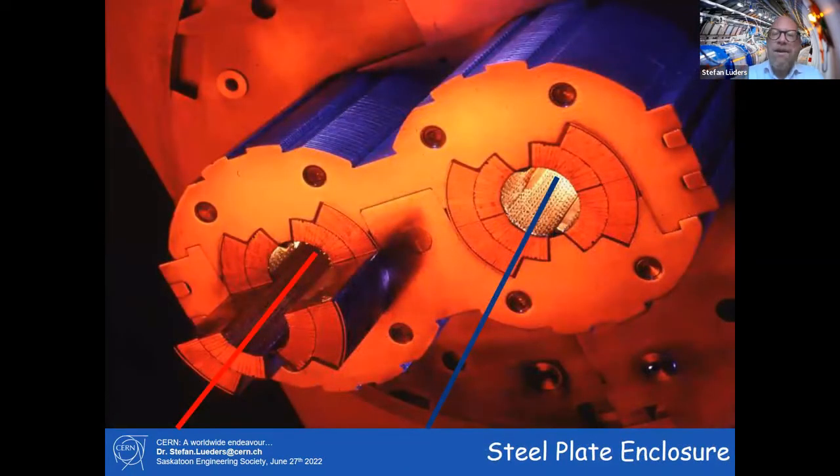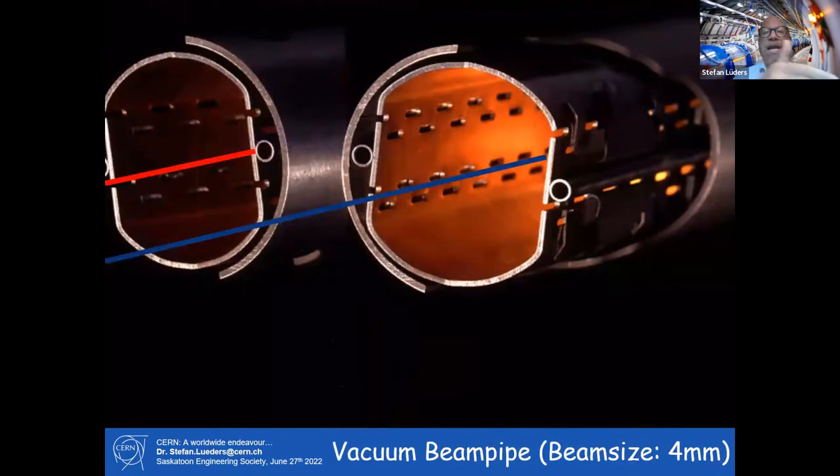You can see here again the magnet which I showed before. I illustrated the blue and the red beam inside, and you can see an opening cutting through all the layers of the superconducting cable. It has 2 layers, and where the layers are not hitting is the North Pole, and below is the South Pole. Everything is put into steel plates because magnets create quite some force, so you need to keep them together, and this is done by steel plates. The beam pipe is then looking like this.